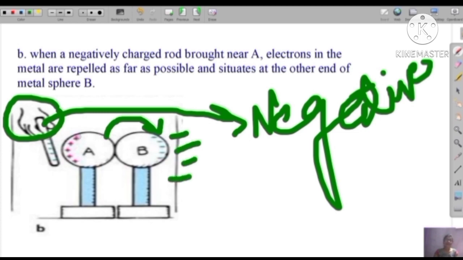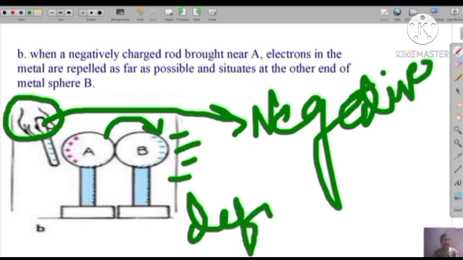When the negative charges go from body A to body B, those places become vacant, and that we call a deficiency of electrons, or electron deficiency. Since the negatively charged particles transfer to the end of body B, the other end of body A will become completely positively charged.